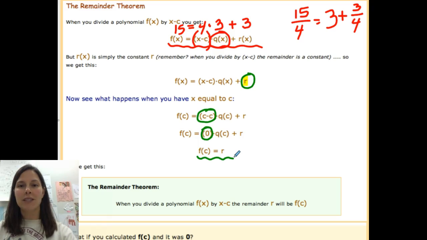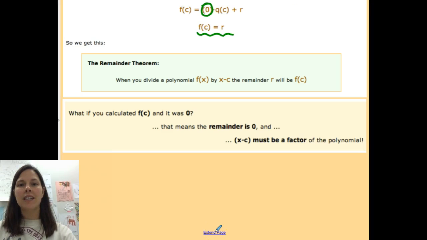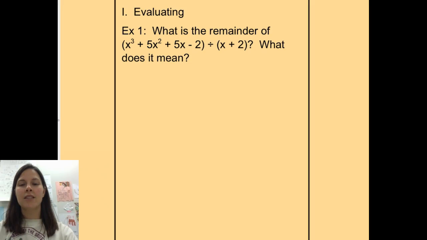So what the remainder theorem says is that you can evaluate a function using synthetic division, and the remainder would be the result of if you substituted that value in for x. Finally, if you substitute in and you get a remainder of 0, that means that you found a factor of the function, and if you substituted that value in, you would get 0. So let's see how this works with some actual functions, and hopefully that remainder theorem will make a little bit more sense. First of all, we have a binomial, so we can set up our synthetic division